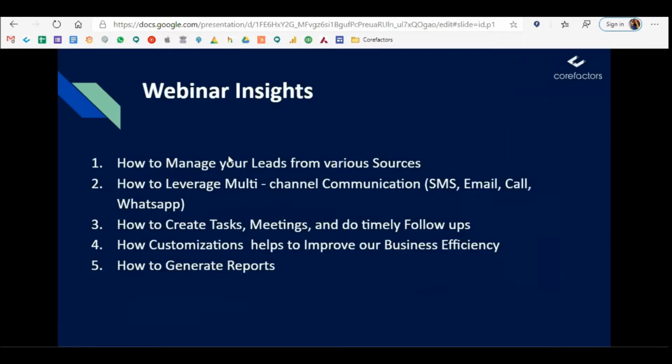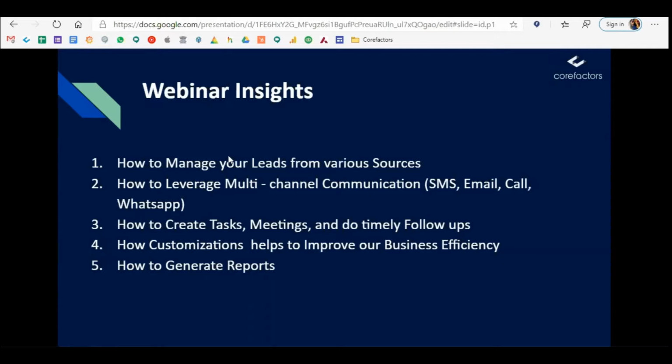Today we will be covering how you can manage your leads from various sources. Also, how you can leverage your multi-channel communication, that is SMS, email, call solution, also WhatsApp. We'll see how we can create tasks, meetings, and do timely follow-ups. We will also see how we can customize our lead box for improving our business efficiency.